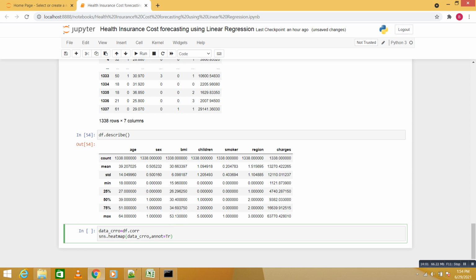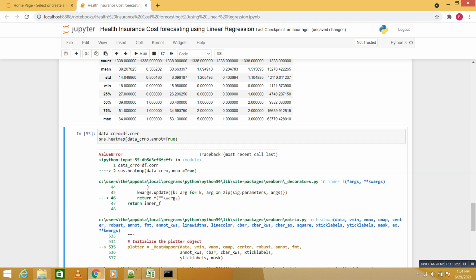What is missing here? Must be passed 2D input.